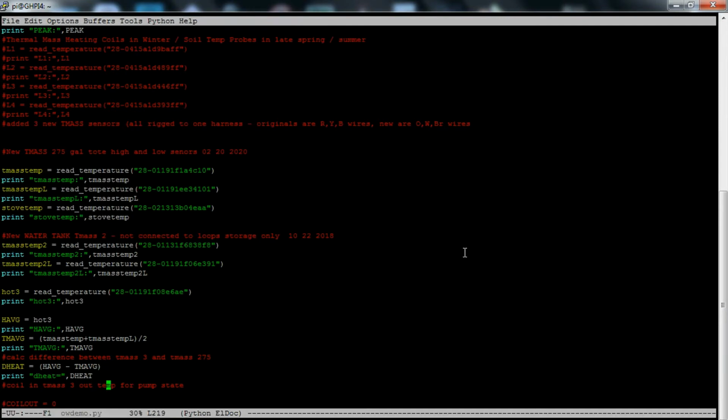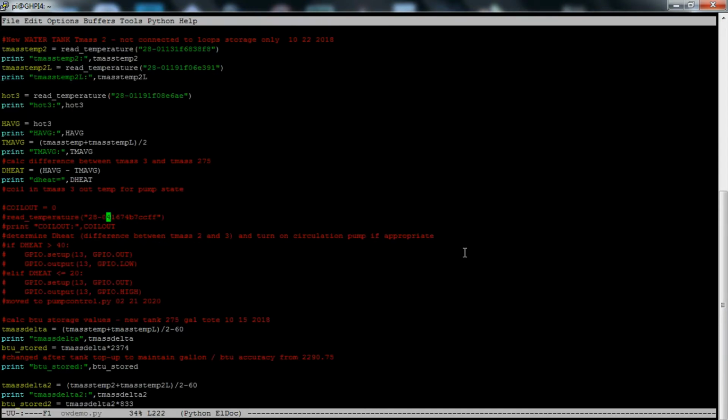So that gives us a T-mass average. The other thing I use is a D-heat. That's the difference in the average temperature of the thermal mass on the stove and the average temperature of the thermal mass in the large thermal mass tank. And then that